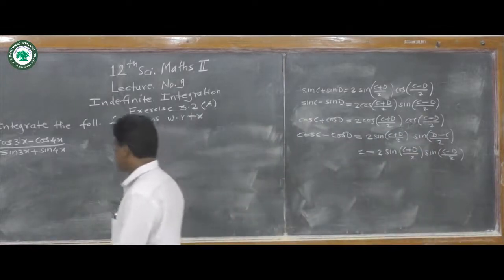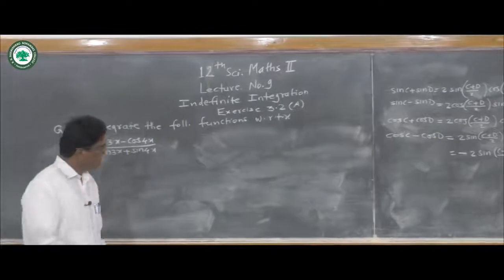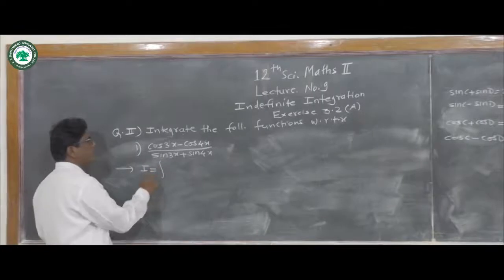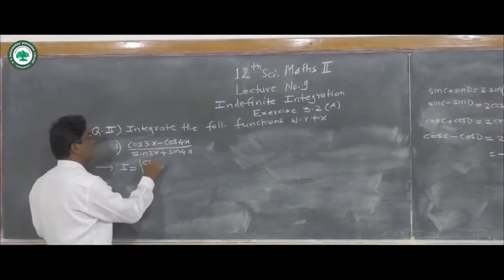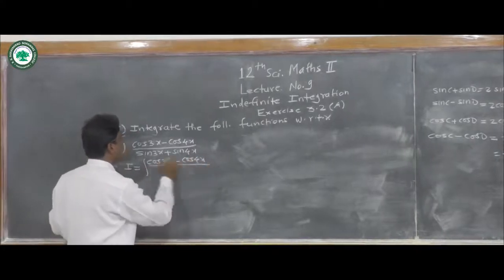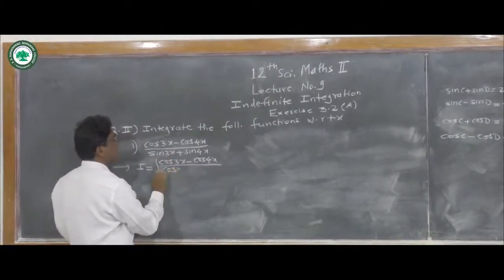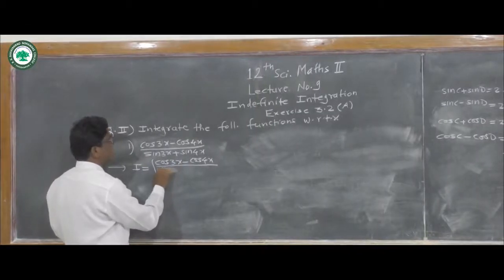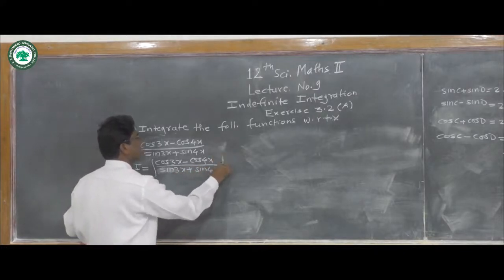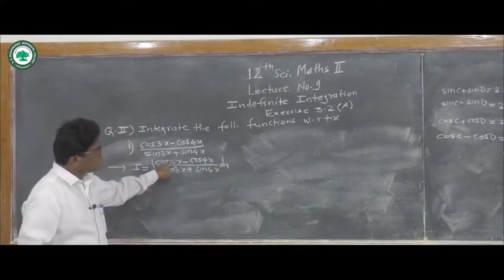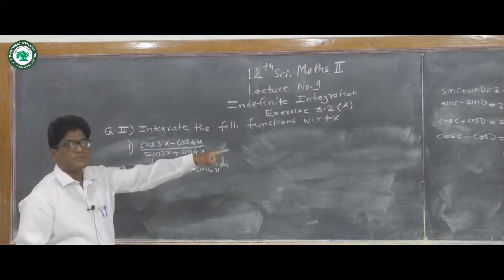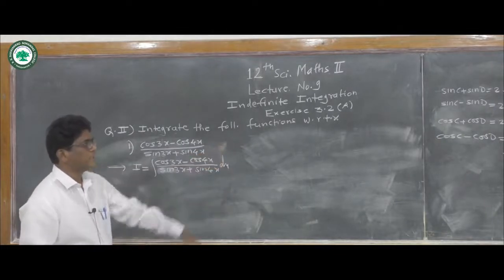Let us try to solve this problem. We call this I. I is equal to the given problem. We write in the integration sign: cos of 3x minus cos of 4x divided by sin of 3x plus sin of 4x dx. Now for the numerator, use the last formula, that is cos c minus cos d. It is equal to 2 times sin of c plus d divided by 2 into sin of d minus c